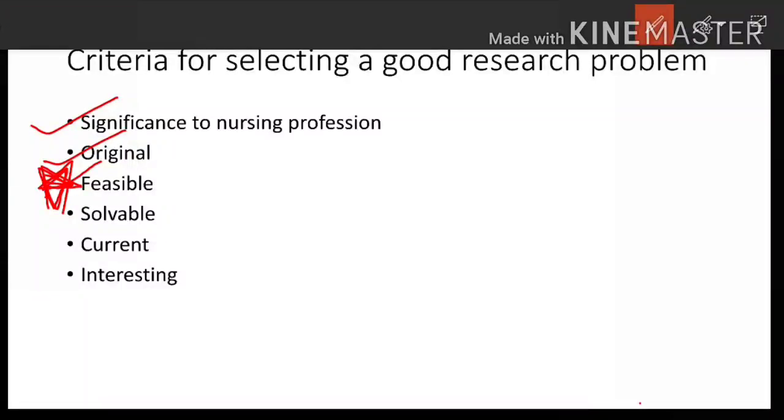Next is cost. So it is very important. It should not be that your expenditure is in crores and you are not able to get anything out of that particular research. You should be thinking about it beforehand, that it should be feasible if you are taking cost into consideration. Next is the equipment and supplies. All research projects require some type of resources, definitely, and therefore before making the final decision to conduct any study, an accurate determination of the needed equipment and supplies should be ensured.